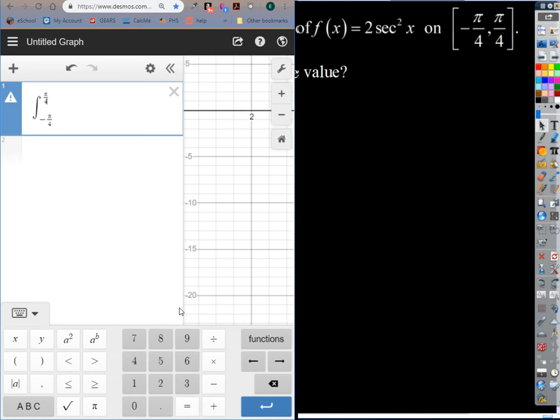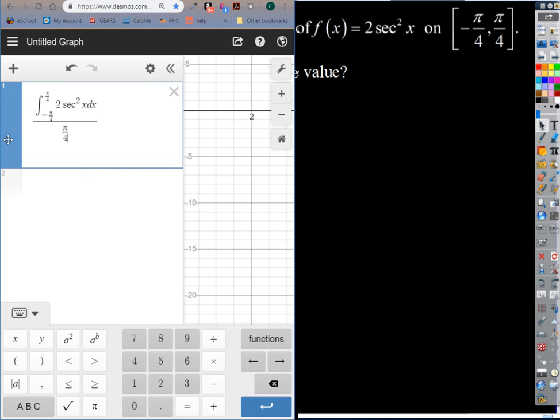To pi fourths. There's my limits of integration. And I'm integrating, whoops. Darn it. I gotta hit the right arrow. There we go. To secant squared x dx, and then I want to just divide the whole thing, so I'll highlight it and divide by